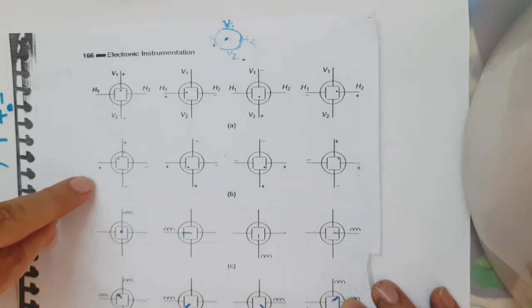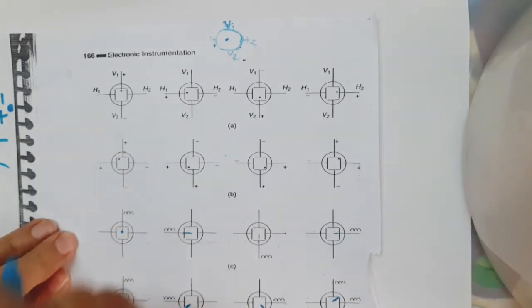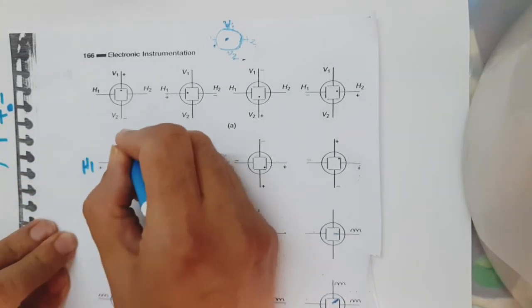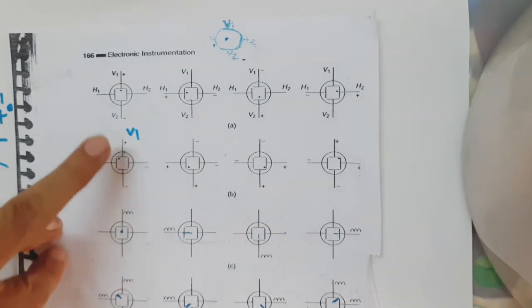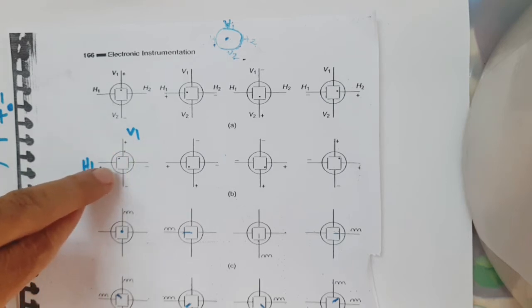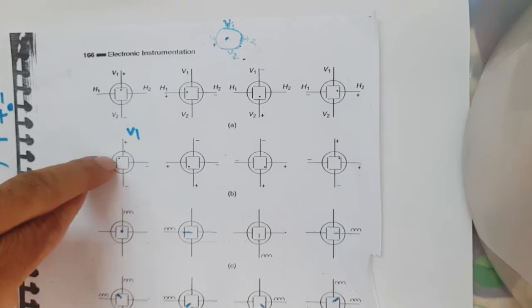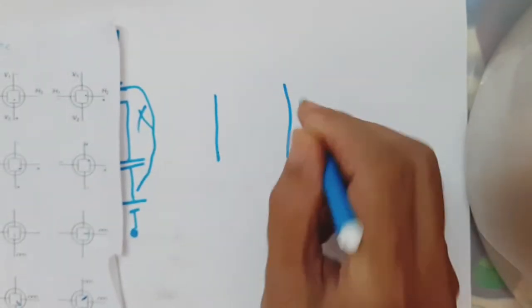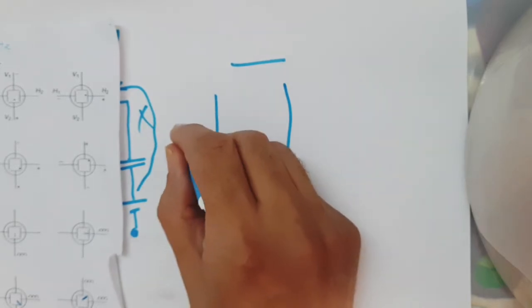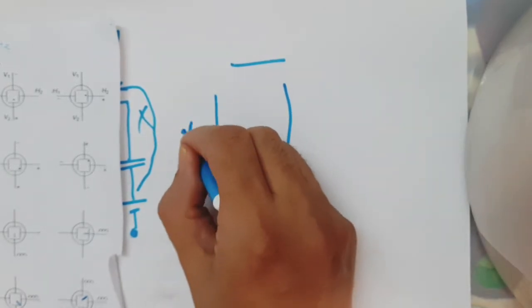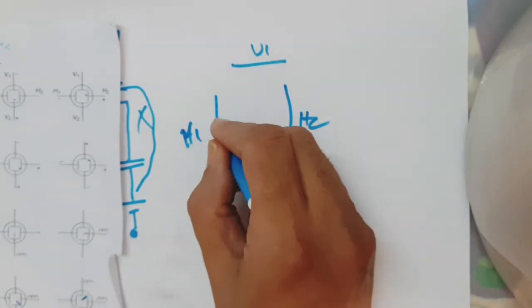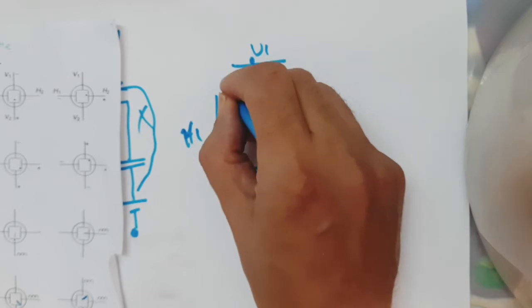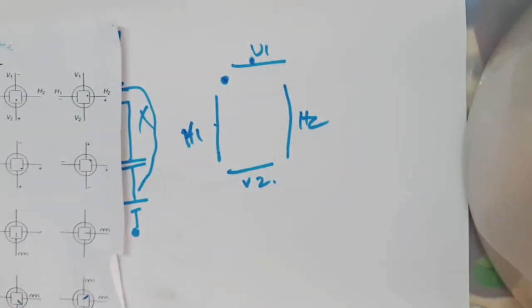Second way, when we are applying positive here and positive here, that means H1 positive and V1 also positive. Then what happened? If H1 positive and V1 positive, at that time spot moves in the resulting direction, that means like this, right? H1 H2, V1 V2. Then if this is more positive and this is more positive, then spot moves in this direction, right?